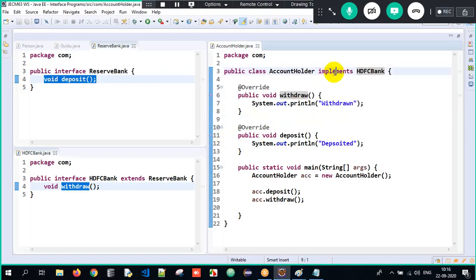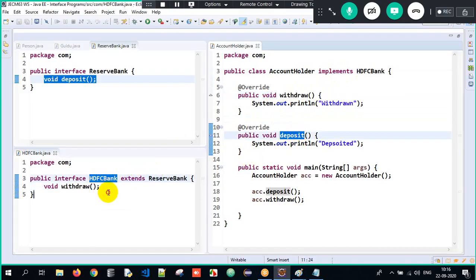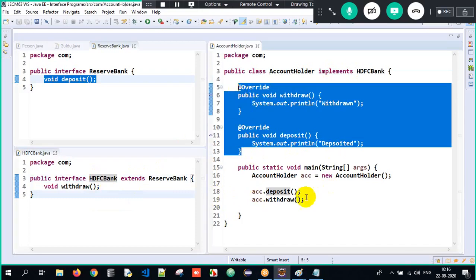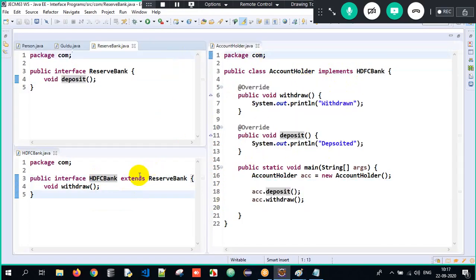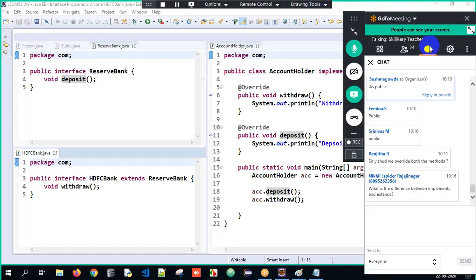Therefore, when I say implements HDFC Bank, I have to override the withdraw method, which is explicitly present in HDFC Bank, and the deposit method, which is implicitly present in HDFC Bank. Therefore, I need to override both methods and call both methods here. Got it? Now I hope you got the clarity. Clear? Great.